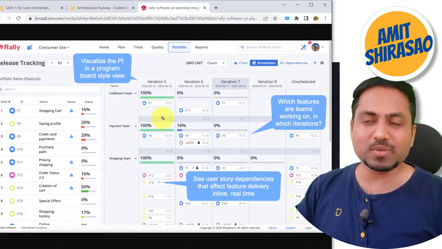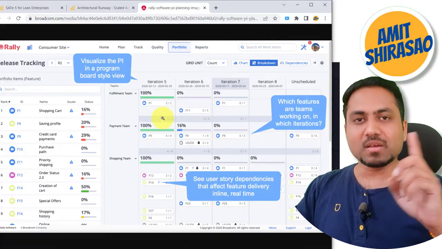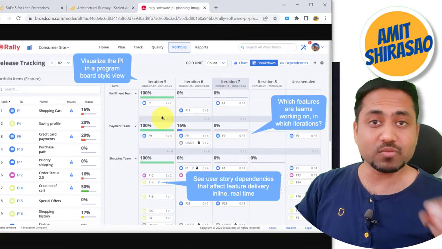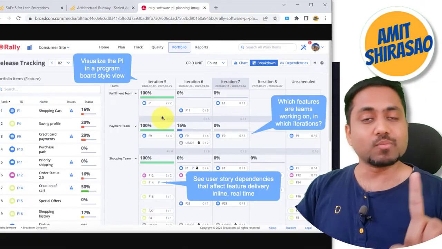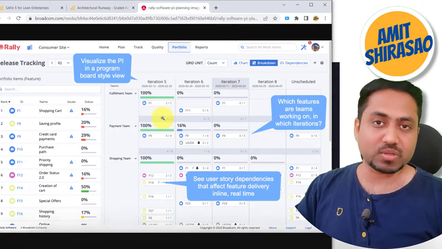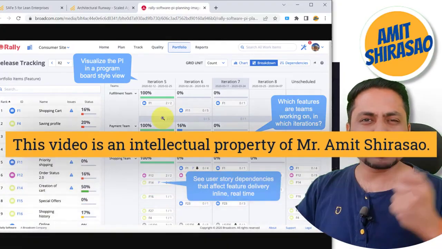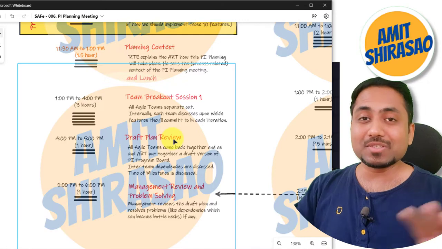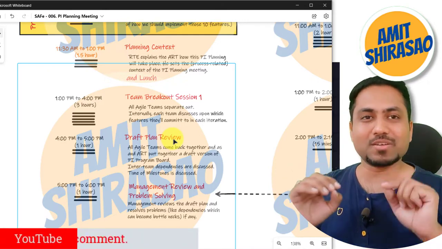Although they are related to payment, we will do it, no problem. Our API developers will work under the guidance of your API lead. We will get everything reviewed by that lead, but let's complete that story. So that kind of permutation and combination is worked out in draft plan review. These are real life situations. This is how the draft plan review actually happens.